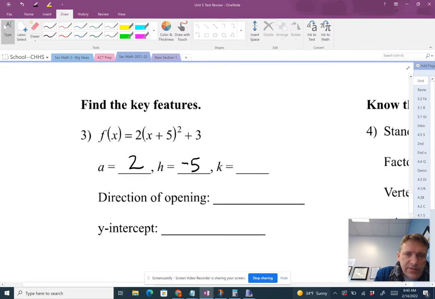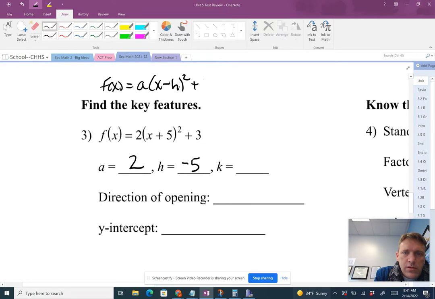Remember, again, we talked about the general form of the vertex form: f of x is equal to a times x minus h squared plus k. And so x plus 5 is the same as x minus negative 5. And there you can see that the h value is negative 5. And the k value